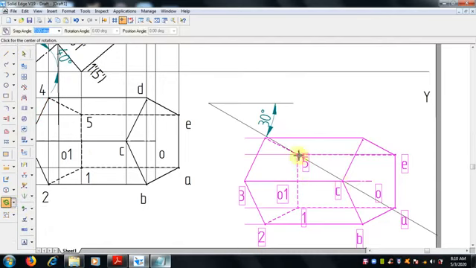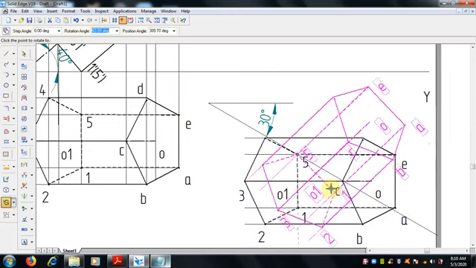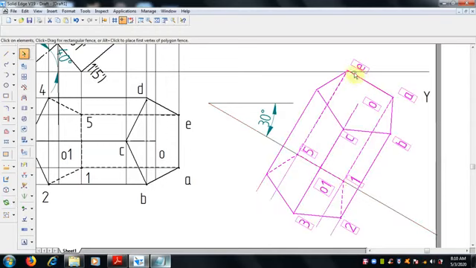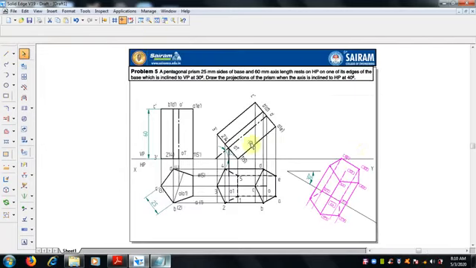Rotate by keeping the resting edge on the inclined line. Now this is fully rotated. Still you can see this is crossing this, so we can move a little bit down. Select fully, move.